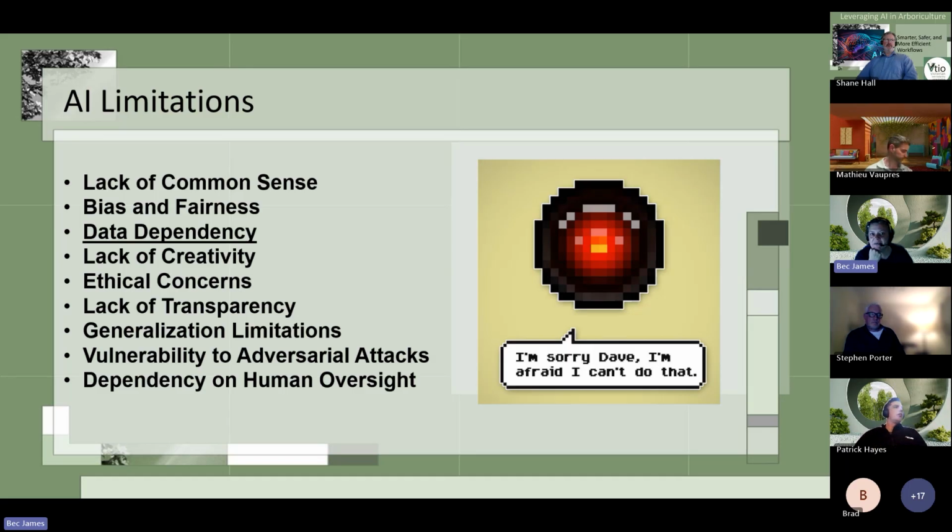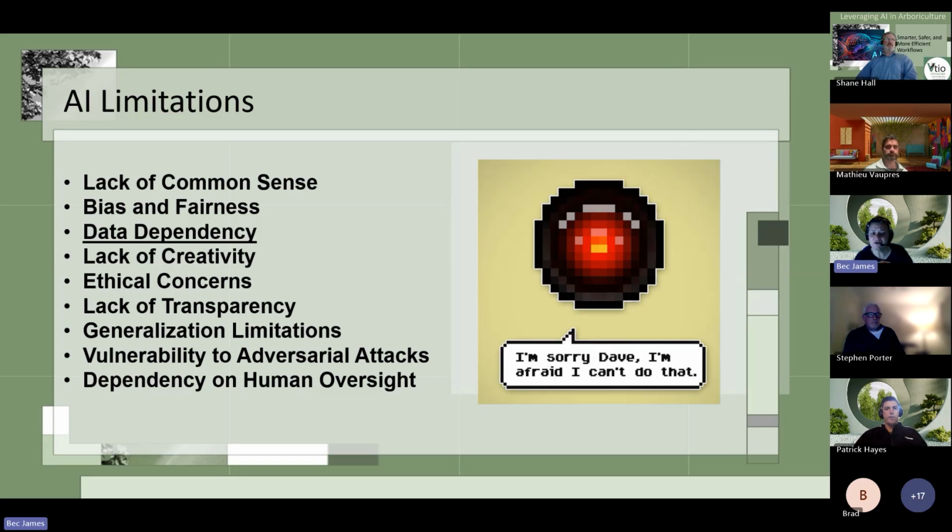Okay, so ChatGPT, for example, has been trained by a lot of people in English speaking countries. And so it will have that particular bias, or it may even be incomplete on the data that it has access to, which can lead to unfair outcomes in applications like hiring or law enforcement.